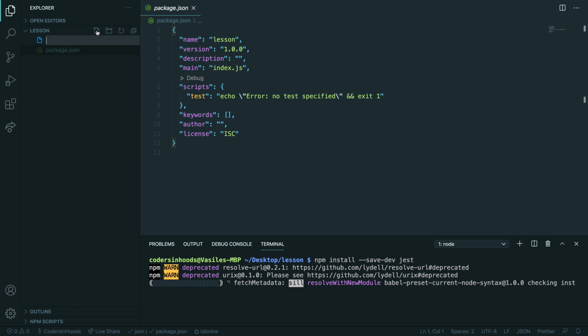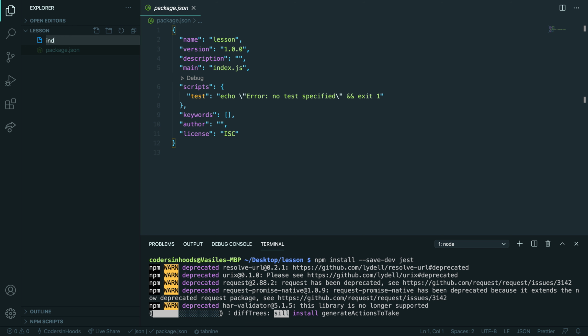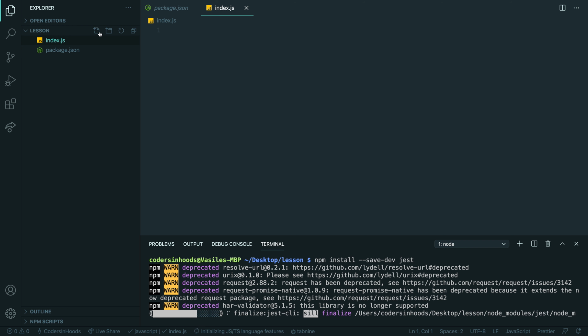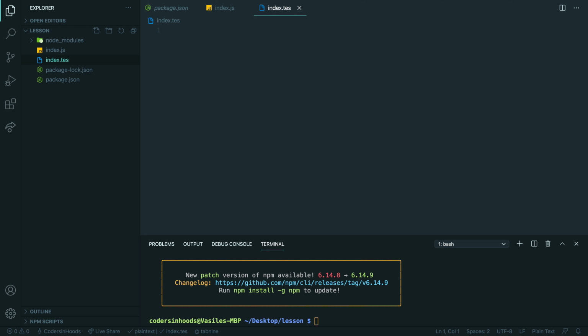Let me quickly create index.spec.js, so that will pick up our tests.